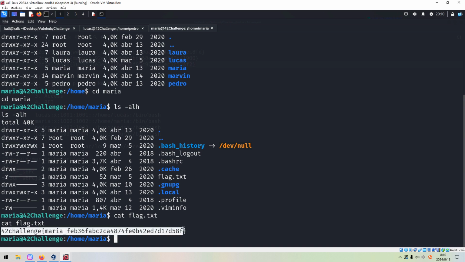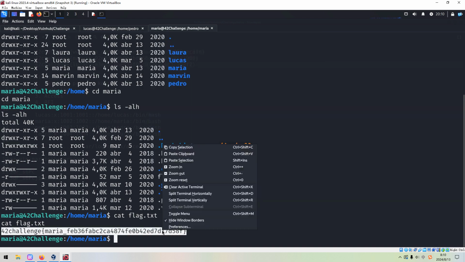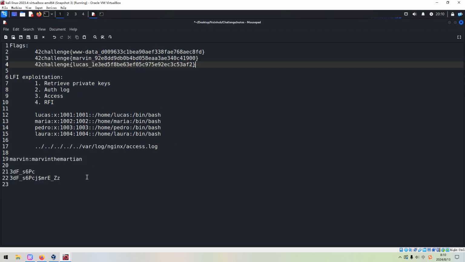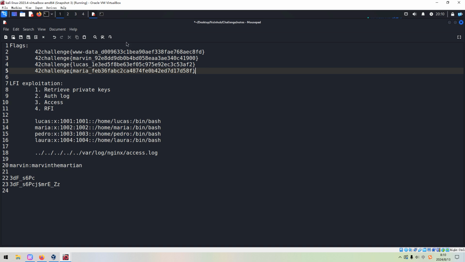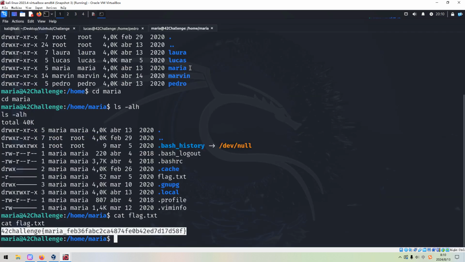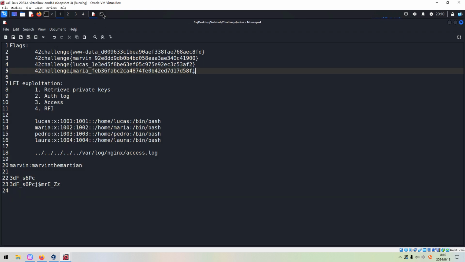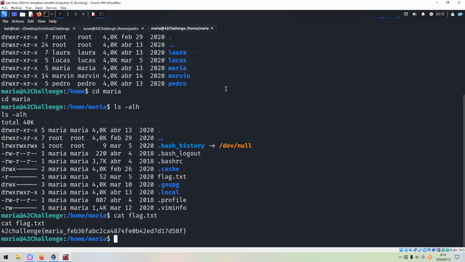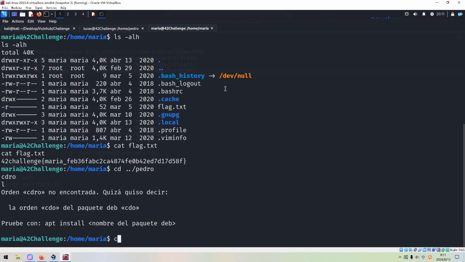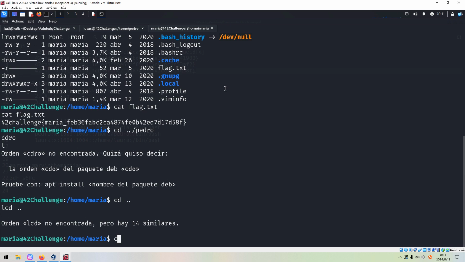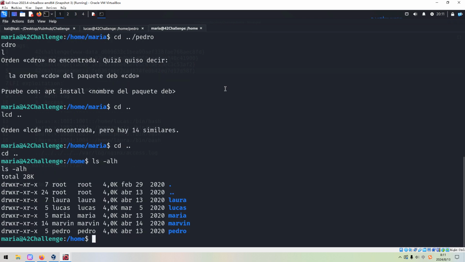So next we can copy and paste over here. So I think this one is done, and this one is done. Maria is done. Okay, so next let's take a look at the patrol. Go to patrol.